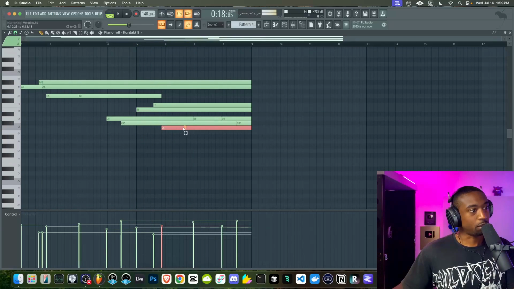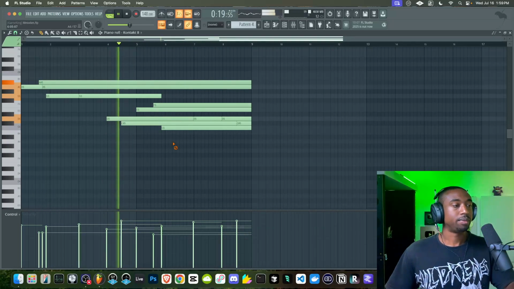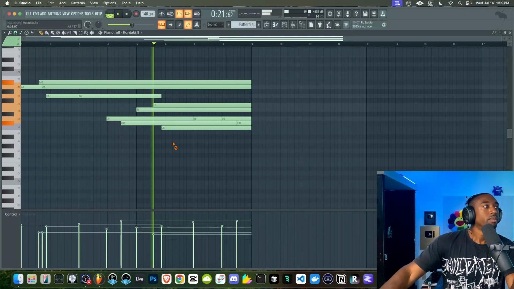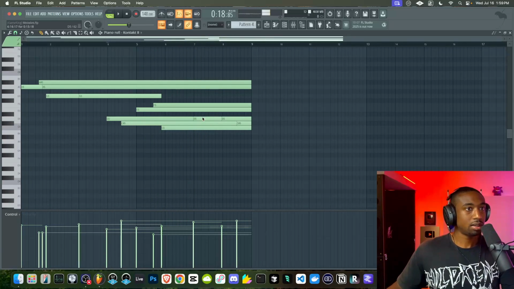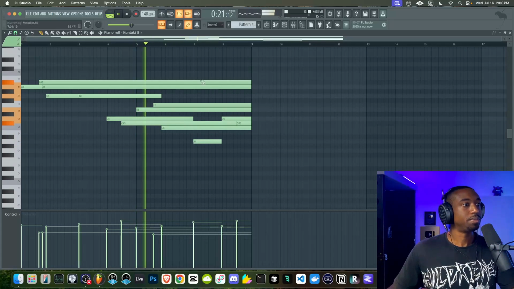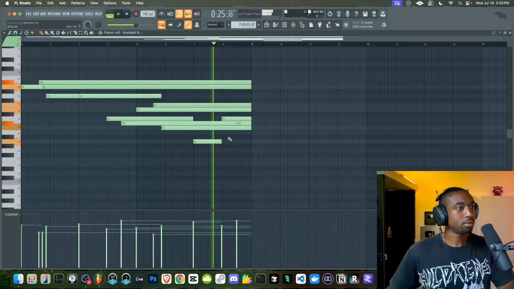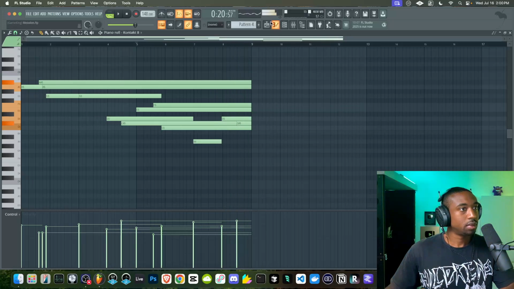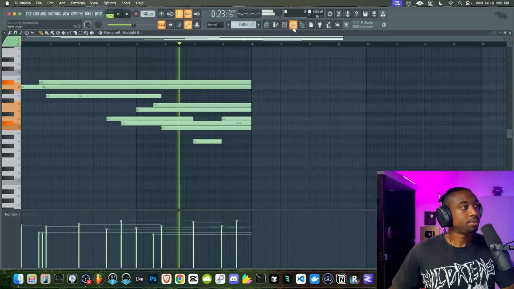There we go, now it has a little bit more motion. F to C is a perfect fifth. And I want to go dun, dun, dun, dun. And now it just fits that emotion better.